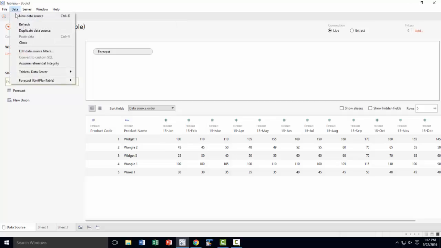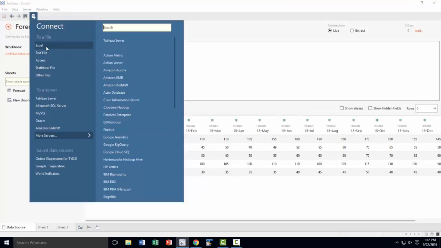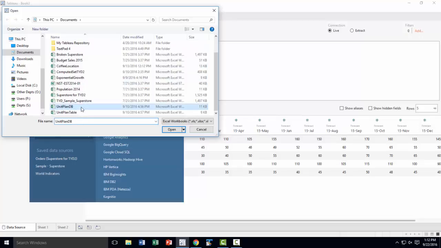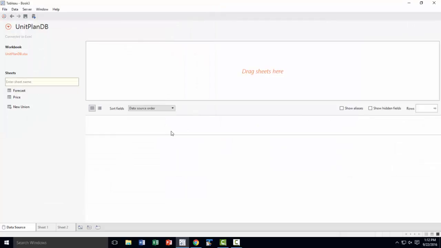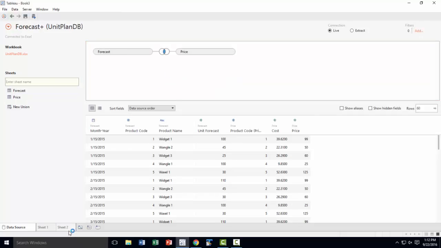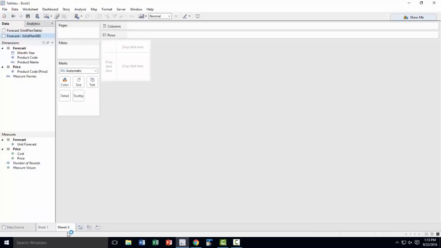and connect to new data source, which is unit plan DB. Bring that in, and that has forecast and price. Okay, so this is what we have here, and suppose we want